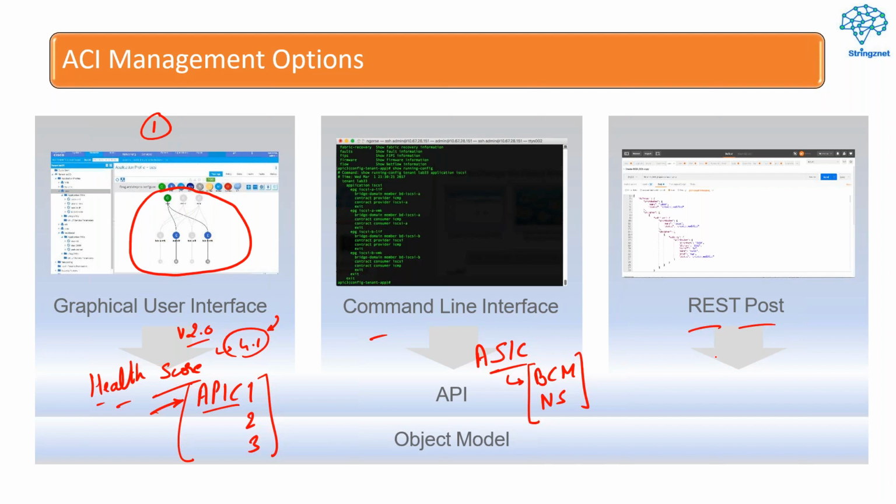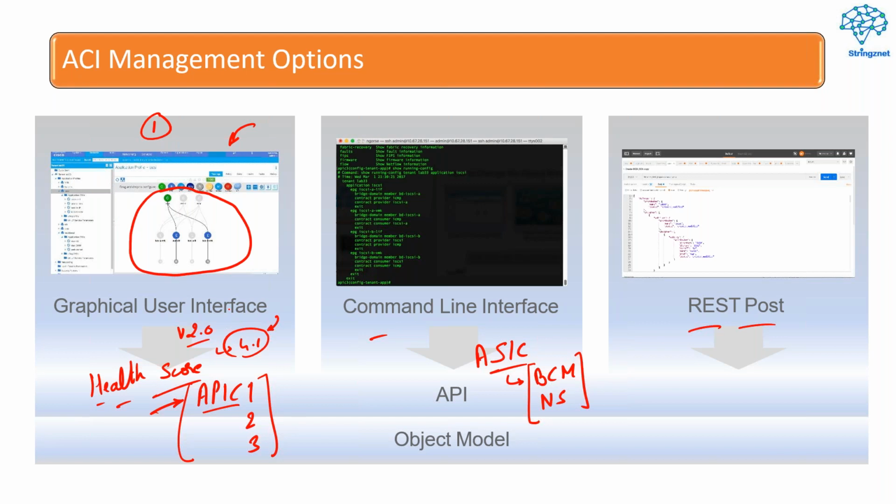Post, there are scripting ways using your automation, Python, Ansible, Postman. We can also configure our fabric. Guys, once your fabric is configured and ready for the first time, from the next time onwards we do not return back to our GUI again and again to do the configuration, but we download a script which our controller creates.